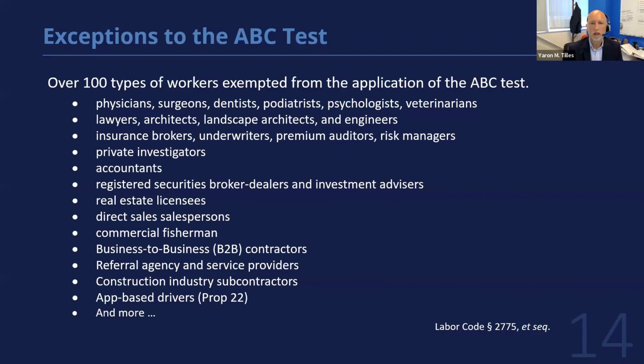California's law contains dozens of complicated exceptions to the ABC test for various industries and professions. And in fact, there's over 100 types of workers exempted from the application of the ABC test. If an exemption applies, then courts will apply the test specified in that statutory exception. The following are just some examples of exceptions that are found throughout the code, and these are exceptions to the